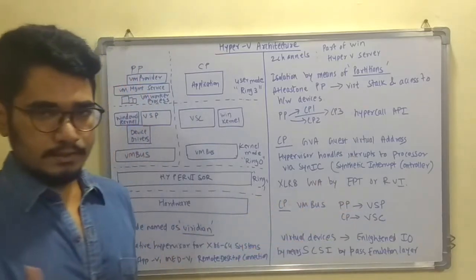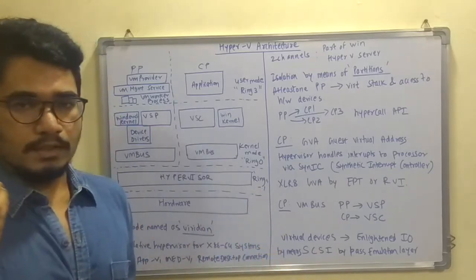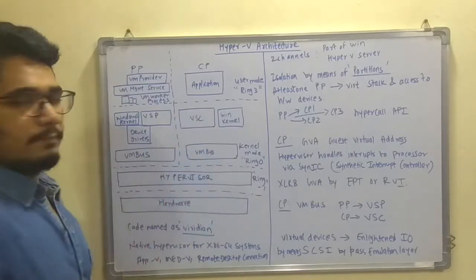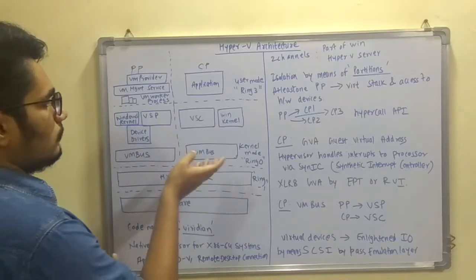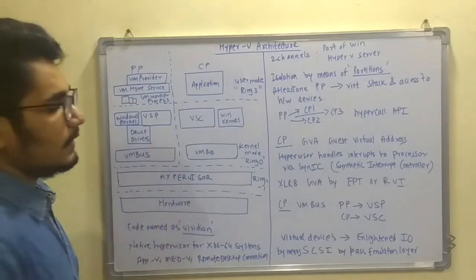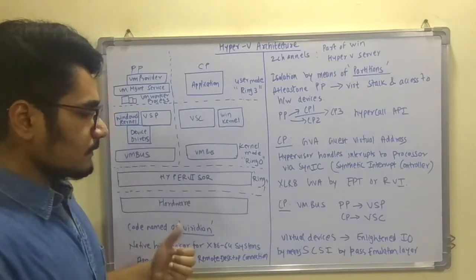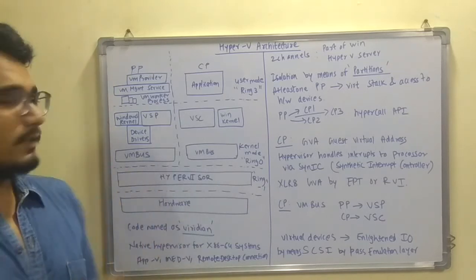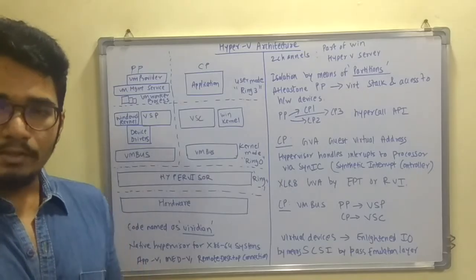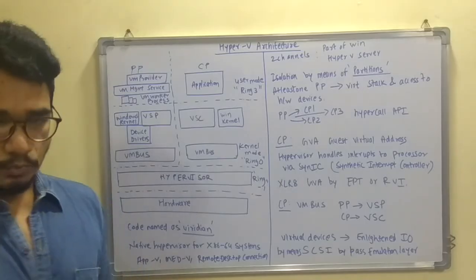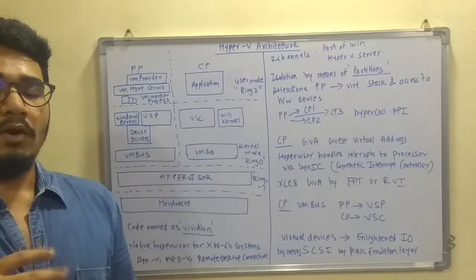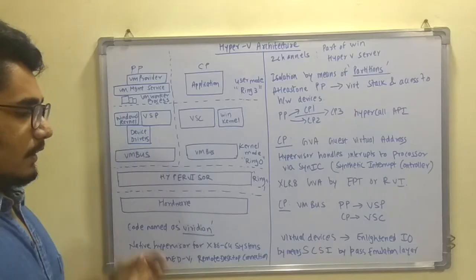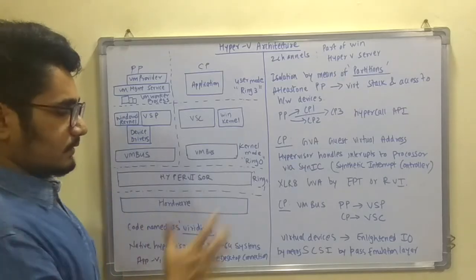Then the CP will initiate those interrupts which are required for the IO access to the parent partition, and all this happens via the VM bus. This VM bus is bidirectional, so it can interact with the parent partition as well as the child partition itself. Now, I have said in the bare metal and the hosted architecture that you have device access, IO access, USB access, pass-through mechanism, CD-ROM access, all generic and non-generic devices, also NIC, the network interface. So how do these virtual devices access all these things?